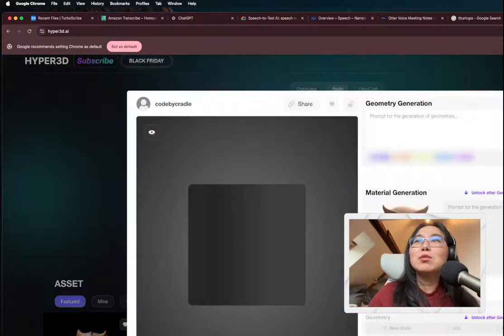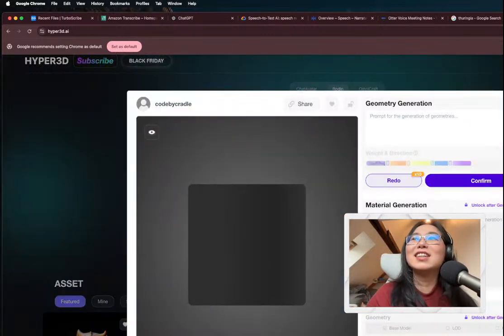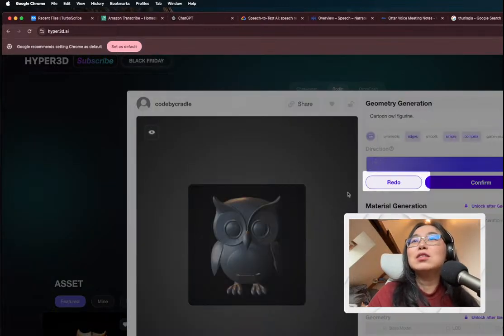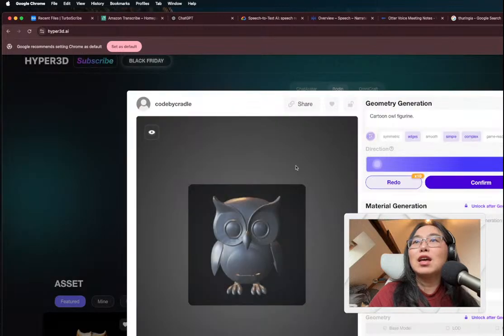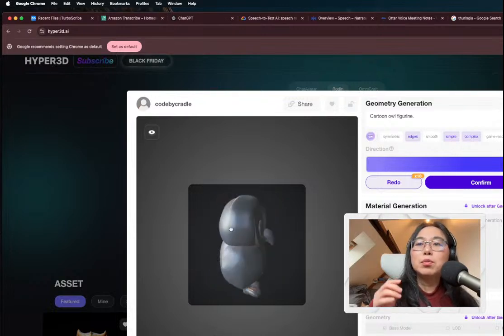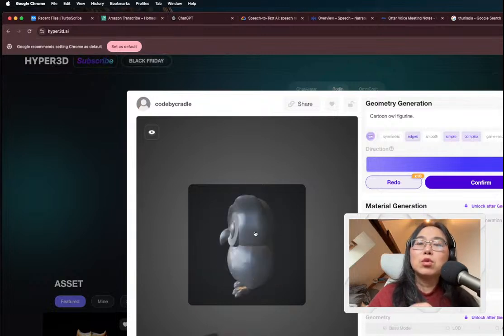Yeah, but this time it runs. Very good. So this is the owl that we just generated. You can also ask it to generate some. Oh, okay. So if we put more images in, maybe it can generate a more rounded